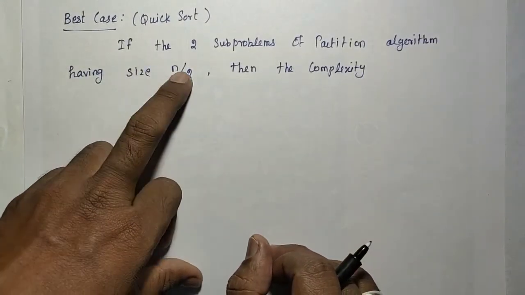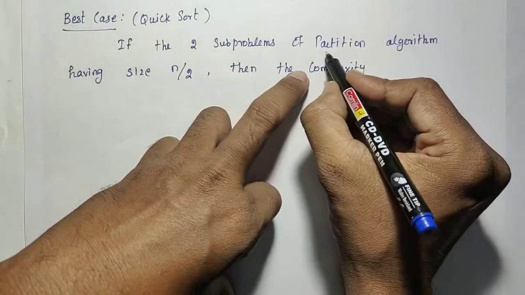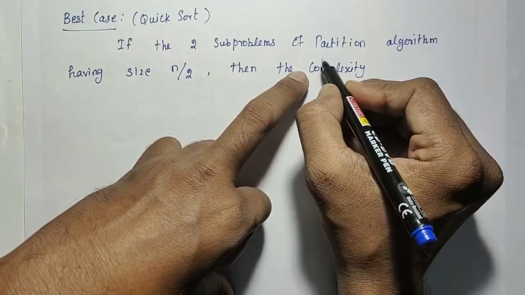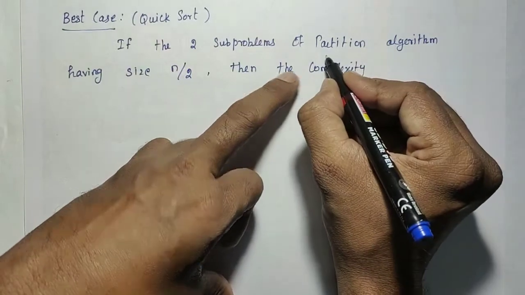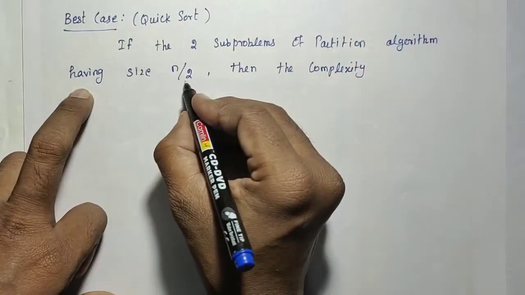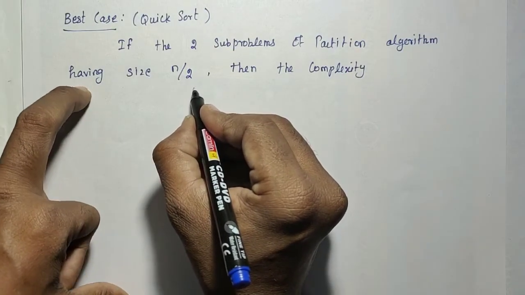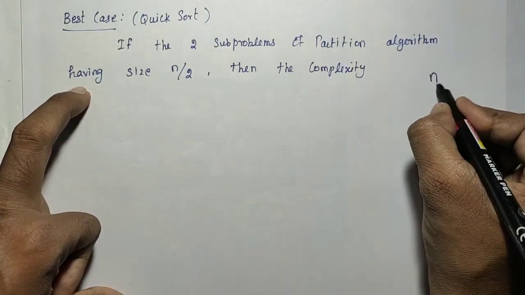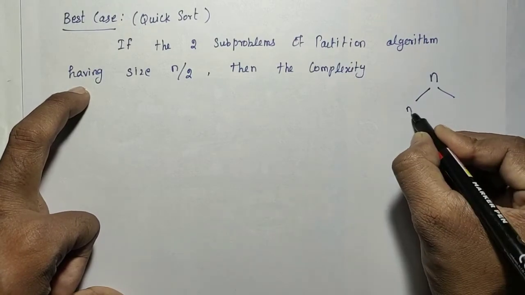If the two subproblems of the partition algorithm have size n/2, it will be considered the best case. In that case, n is divided into n/2, n/2,